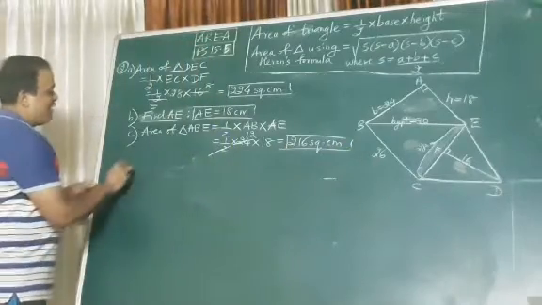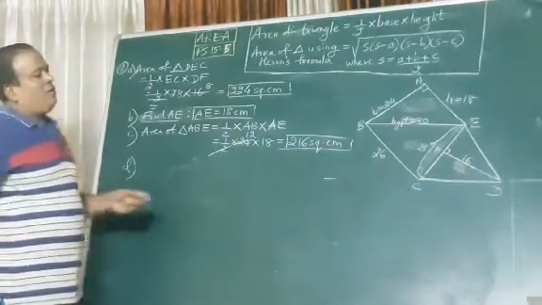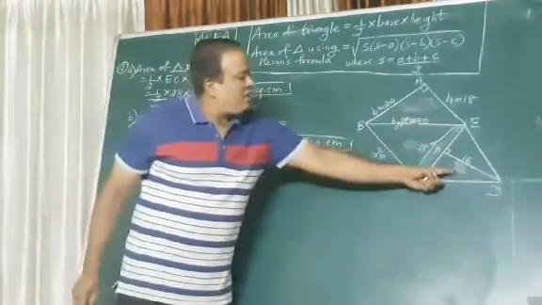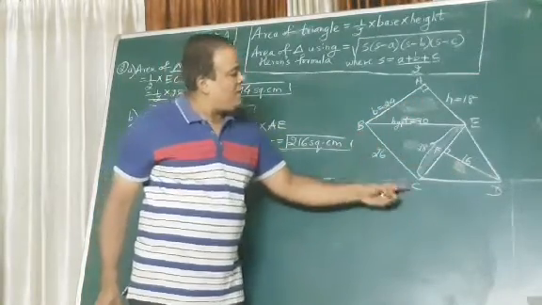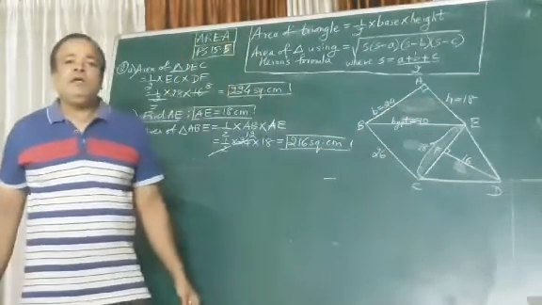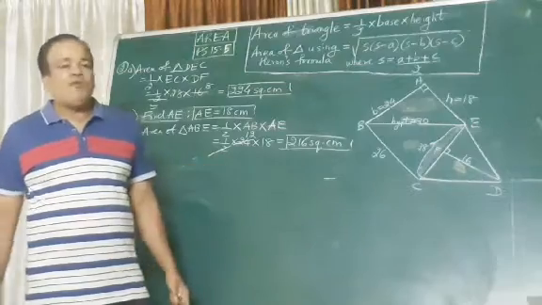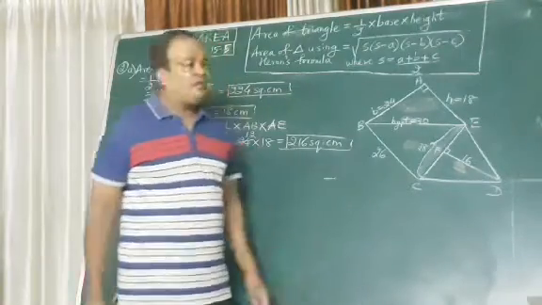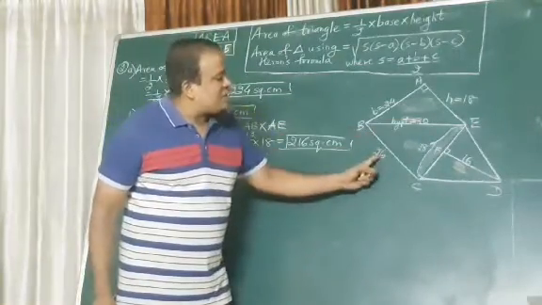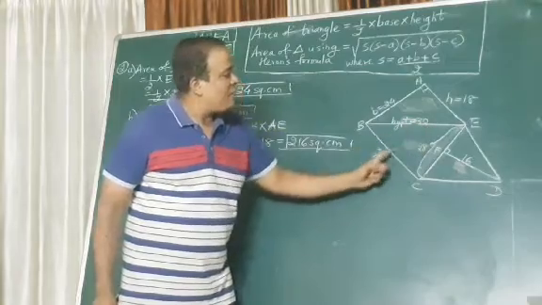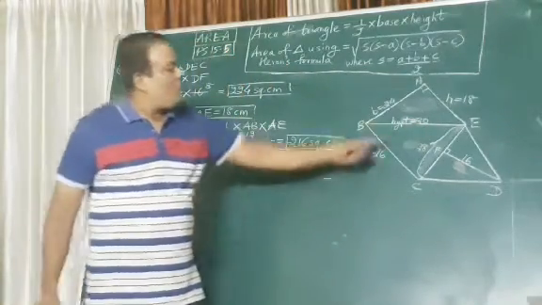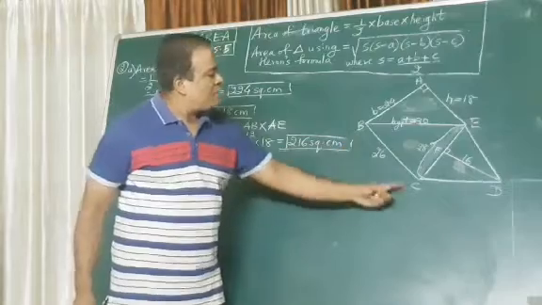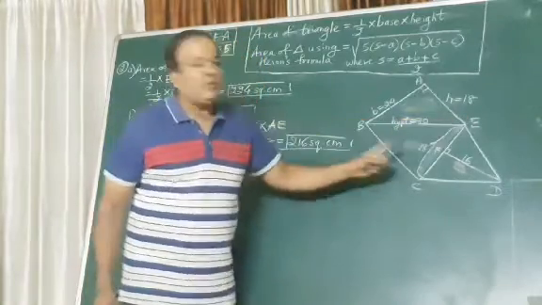Okay. Then D. Now I found the area of this triangle. I have to find the area of this triangle. What is the triangle? BCE. Now which formula will we use here? You know all the three sides, no? The 30, 26, 28. So which formula do you use? Heron's formula. Because you know this side is 30, BC is 26, and EC is 28.